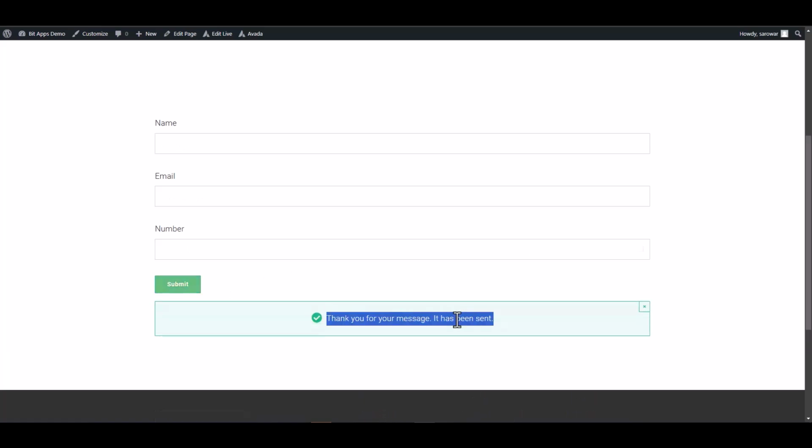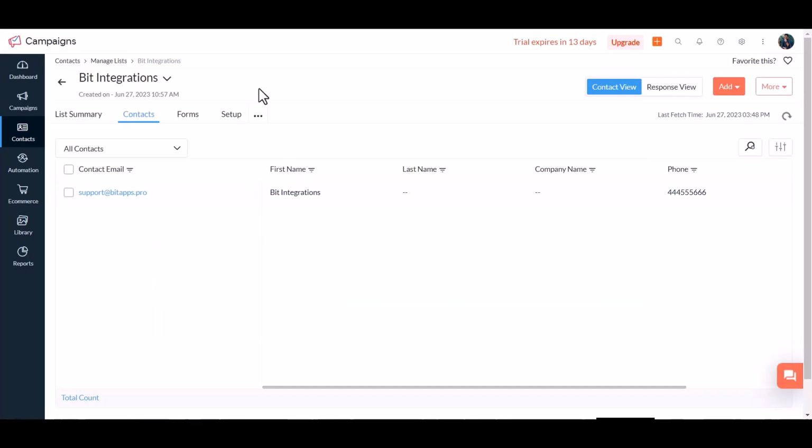Form submitted successfully. Now go to the Zoho Campaigns site. And you can see the data came successfully in the Zoho